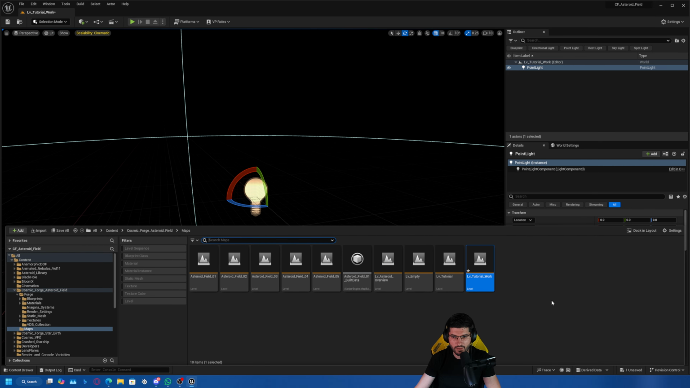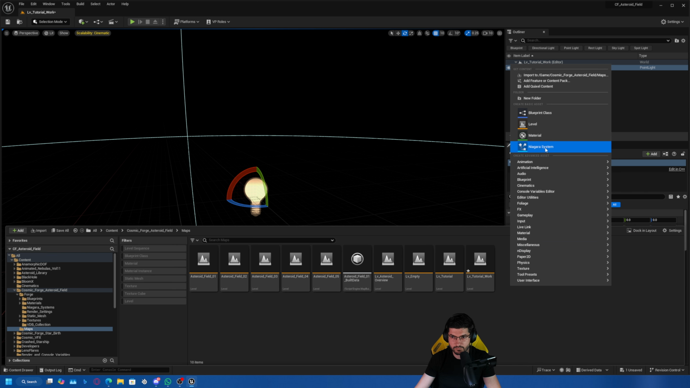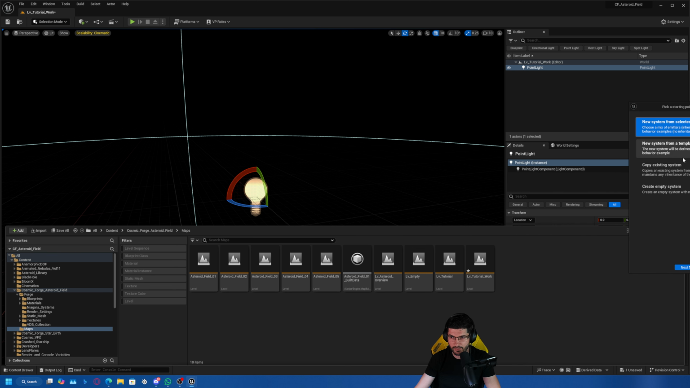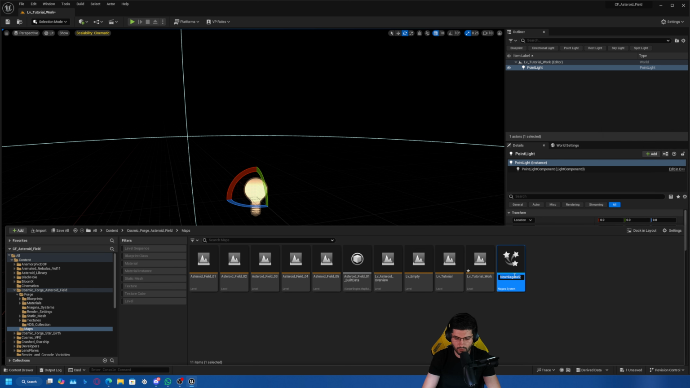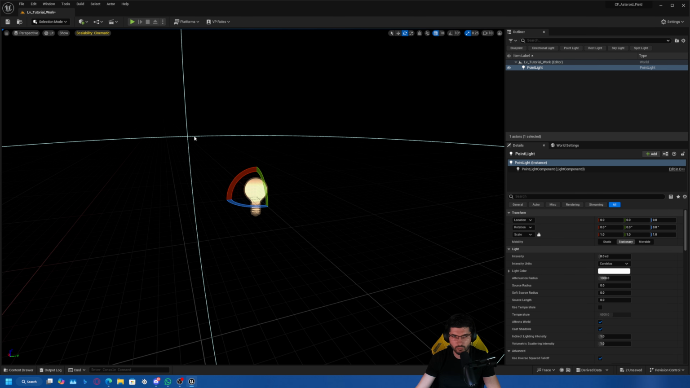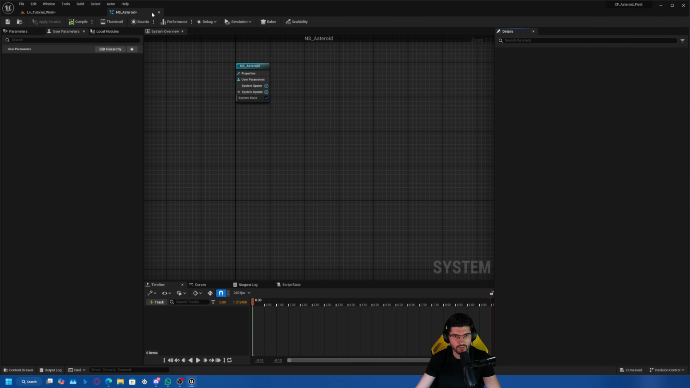And then we want to create a Niagara system. So we can just click on creating a Niagara system. Now we can go with a new system from selected emitters, or create an empty system. So we can press that, and then we'll call this NS Asteroid. Okay, and if you double click it, you will be able to open a new panel